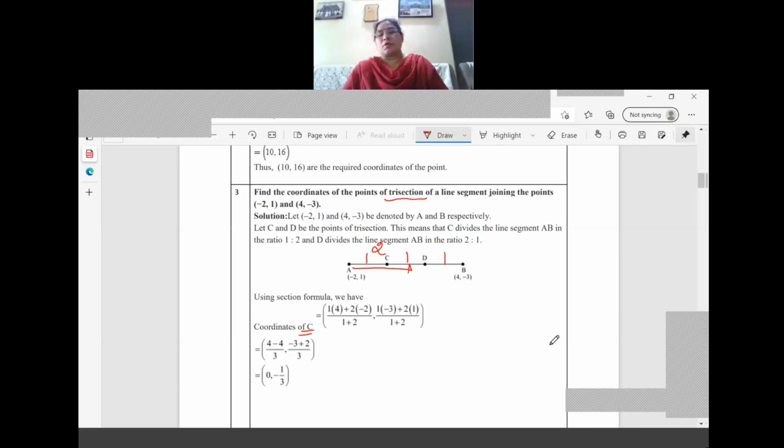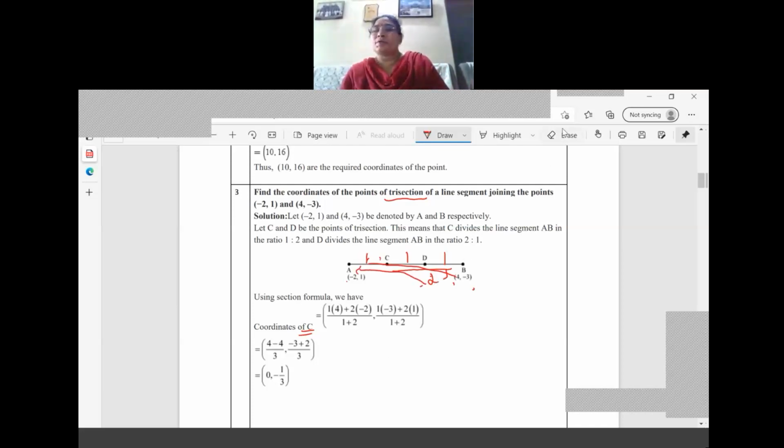So by using the section formula, when we are writing 2, what should be written? The far away coordinate should be written. When we are writing 1, we can write 1 only. Now I think I have taken it wrong. I have to take the coordinate of C only. So this side it is 2. So when we write 1, it is 1 into 4 plus 2 into -2, divided by 1 plus 2. And 1 into -3, the far away coordinate from 1 to 3, and 2 to this side. Like that we have to go.